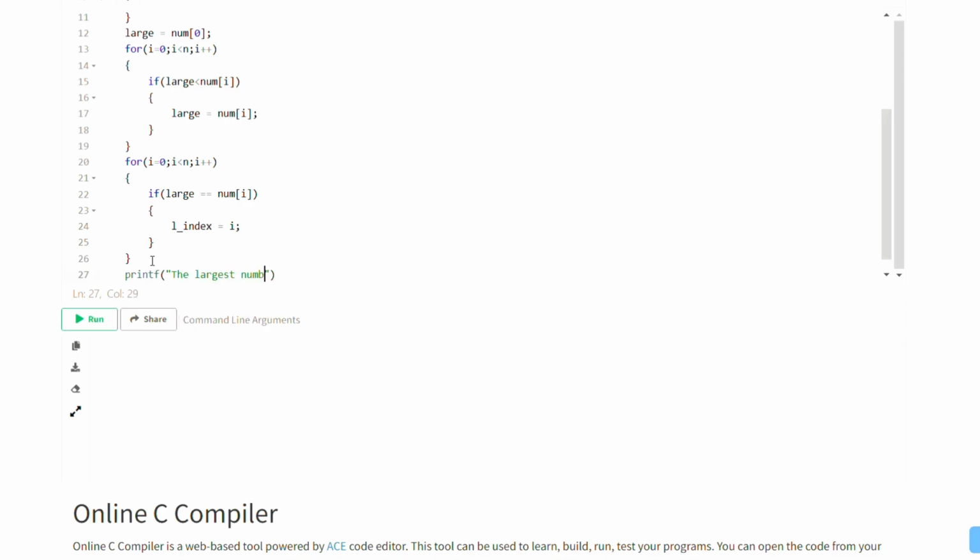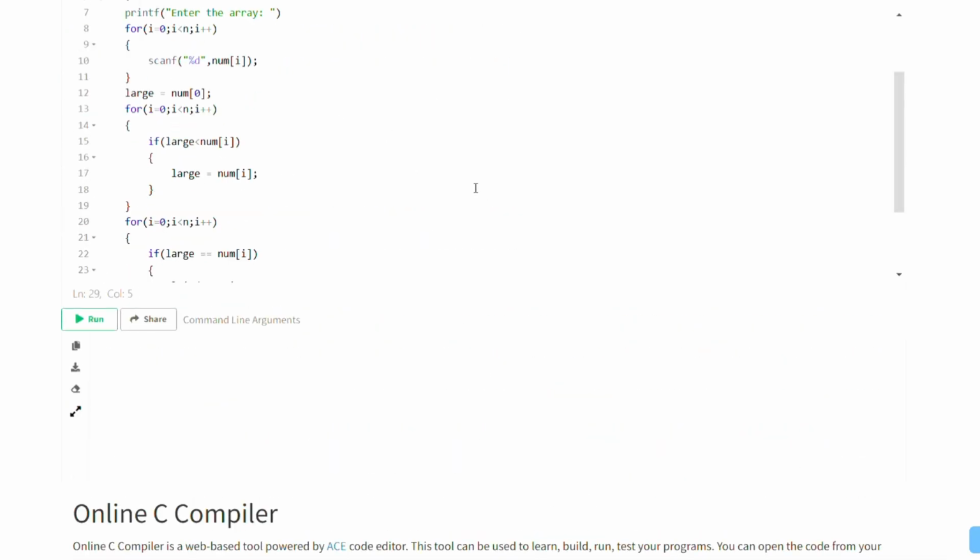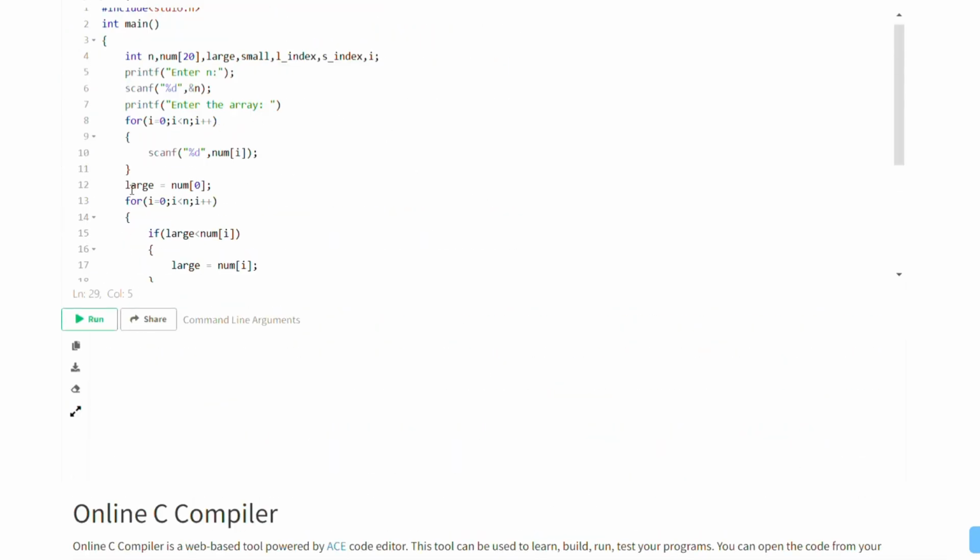And now we're going to write a print statement here to print the largest number and its index. Remember, when you're printing the index, you need to append it with 1, that is index plus 1, because otherwise it will return the array index value instead of the actual position of the number. It will start at 0, 1, 2, 3, 4, and so on. We want 1, 2, 3, 4 as our position for the number where we found the large number. And that's why we're going to add index plus 1. Again, I'm going to add that later on.